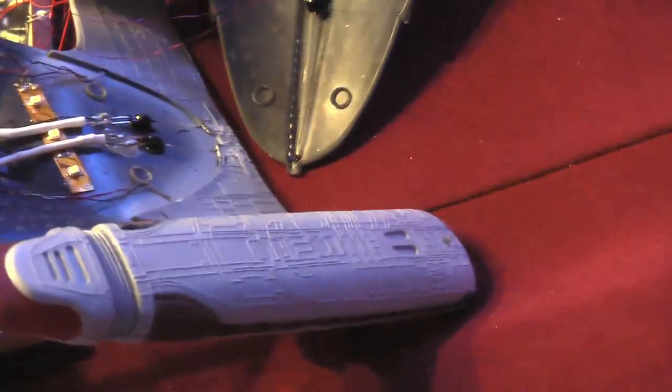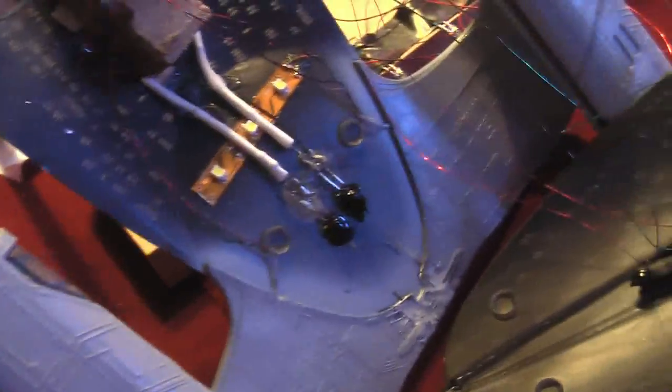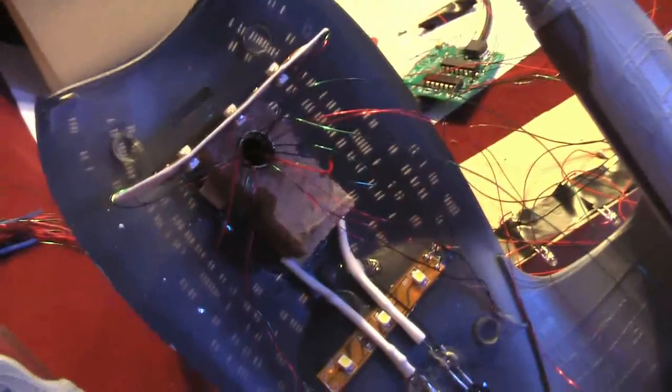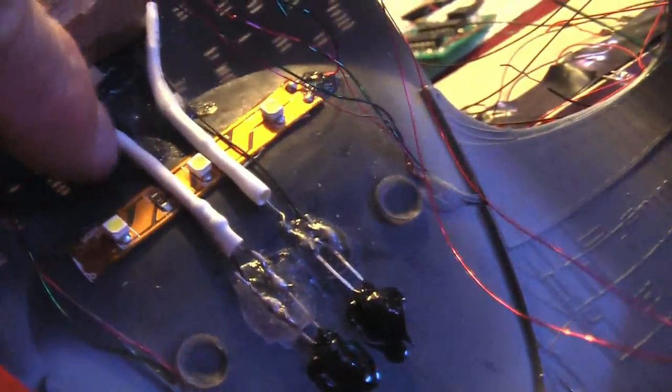Now, I believe we had been discussing the rear beacons and what I've done with those, where we left off the last time. The rear beacons I have not repainted yet, but they are installed and the fiber optics are in place. The red LED is under the tulip paint, and the green LED is under the tulip paint here as well. They're all set up with their